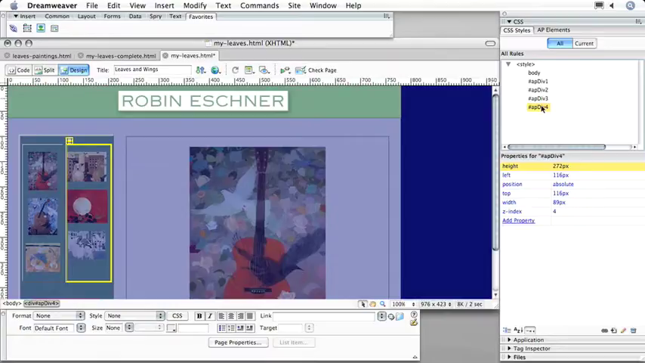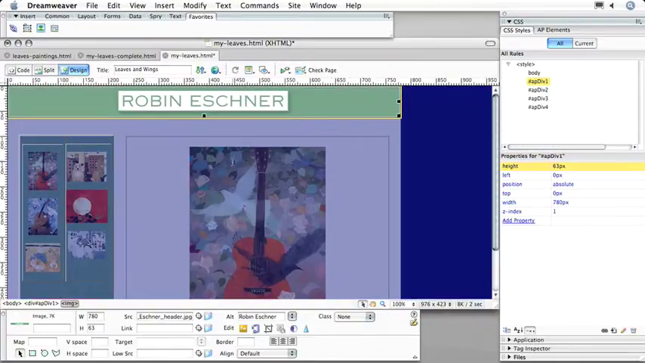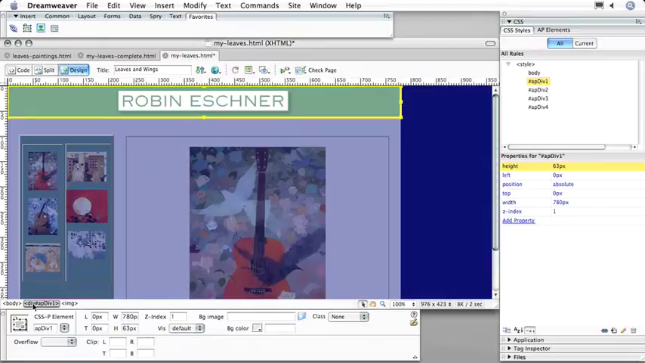Divs have to have names. But as you start to create more and more divs on the page, you may not remember what AP Div 1 is, and you do have the option of changing the names. So if I just click here on the banner, I see this is AP Div 1, and once I have the div selected in the design area, I have the Property Inspector, and this is where you actually change the name. So I could call this Top, and when I hit Return or Enter, you see it changes to Top